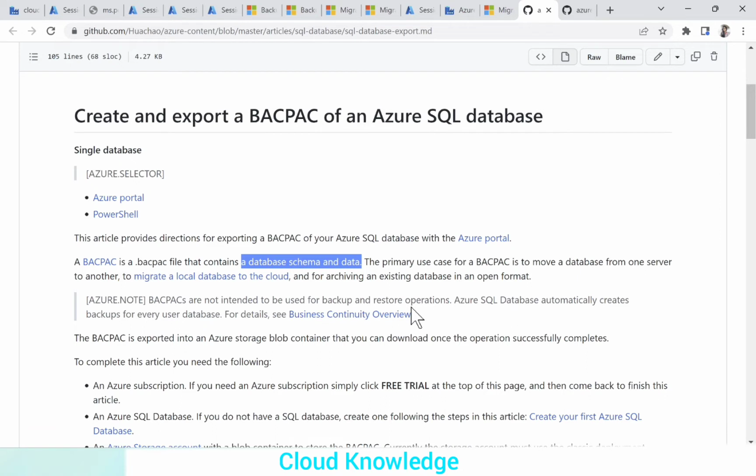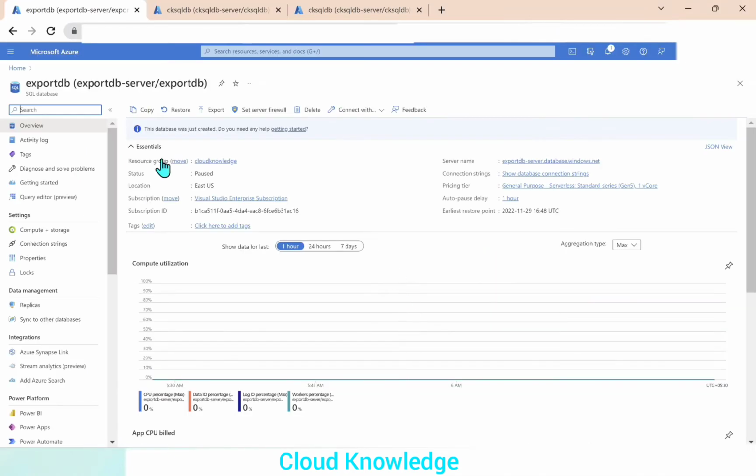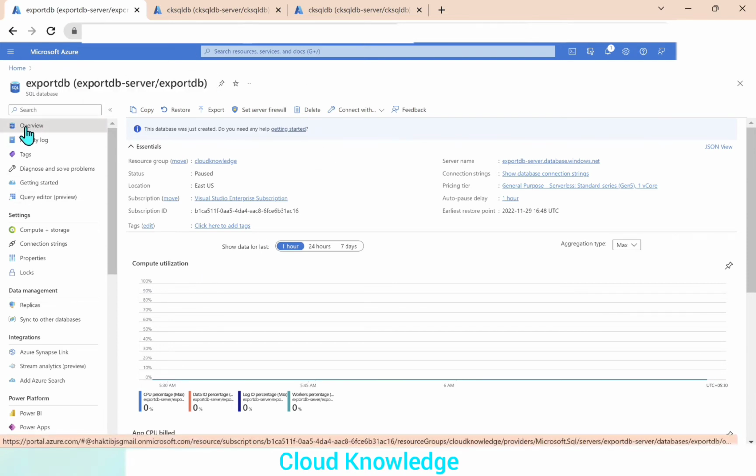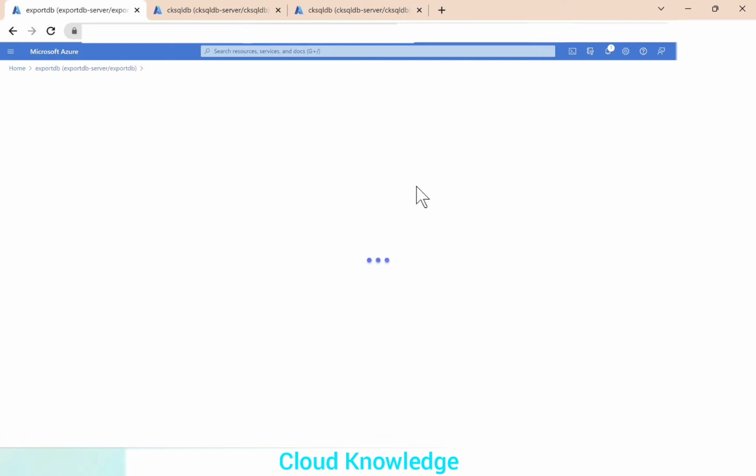In order to export the schema and data of the database using this Bacpac, we need to have a database. So I've already created a database called export.db. If we go to the Azure portal here, we already have this export.db which we are going to export. If we go inside this database, under the overview section, we have the option at the top as export. So if we click on export,